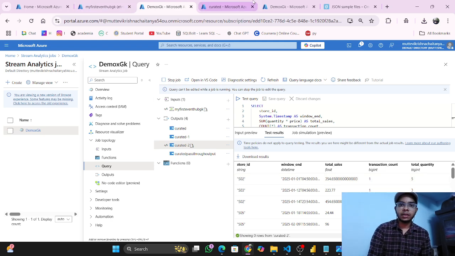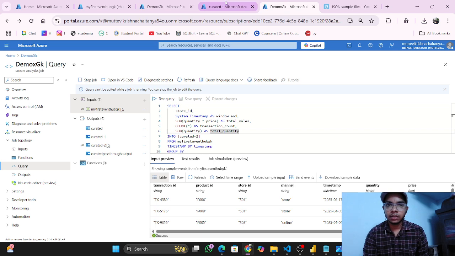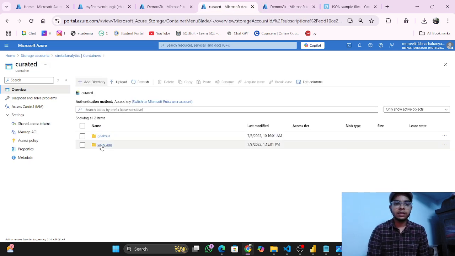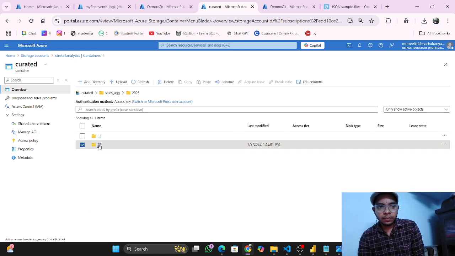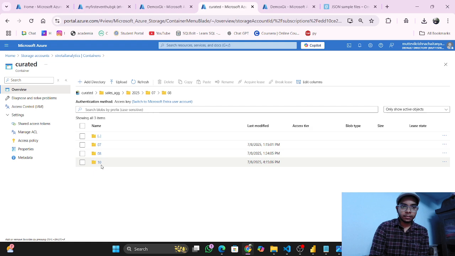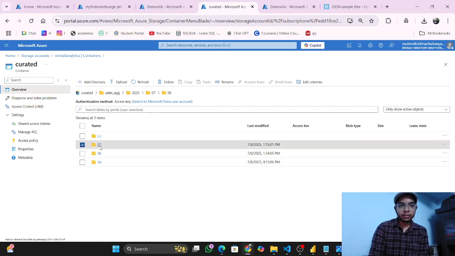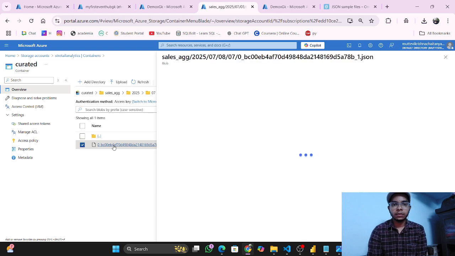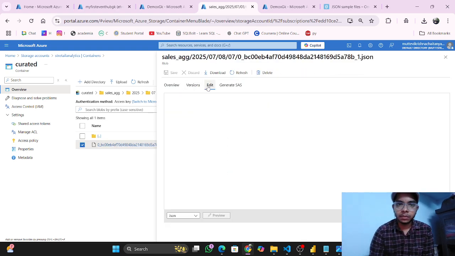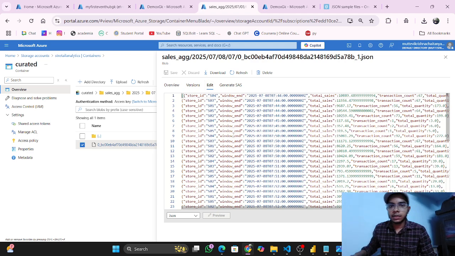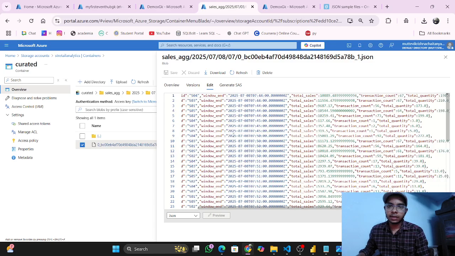And we can check if we are getting any data here in the sales aggregation. Yes. So what is the preview? Here we can see it was storing the entire data,